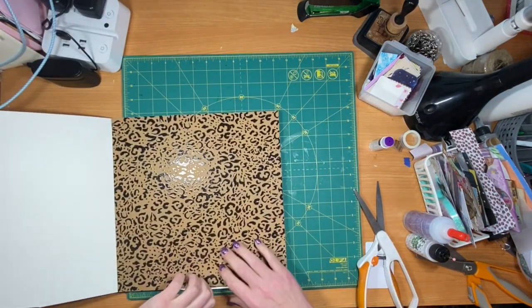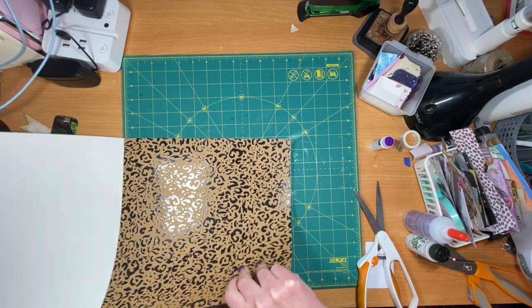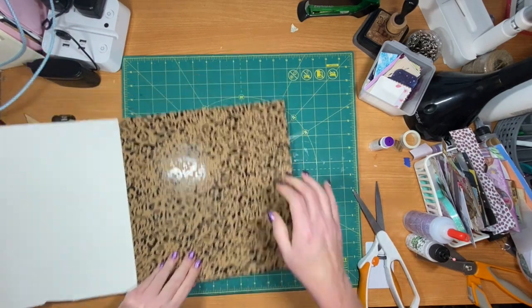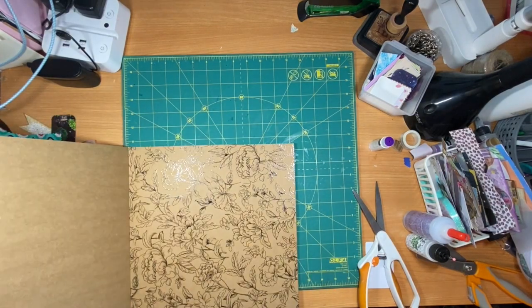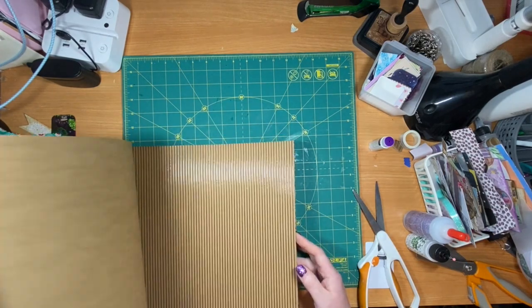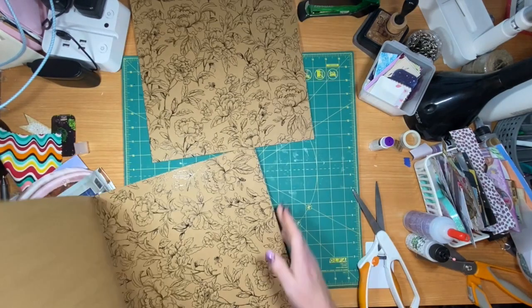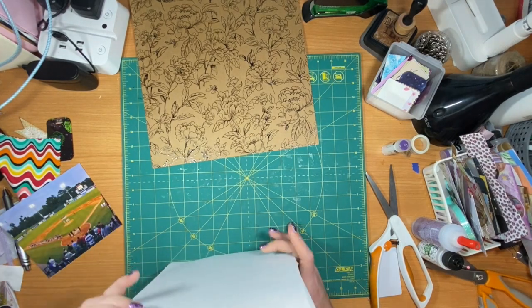Since we're getting into the fall colors, I'm going to look through here at these browns, see what I might like. I think I like this one. So, to give you some ideas of the pages that we can put in here,